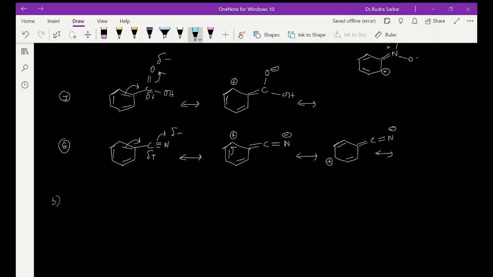What is part B? When a pi bond is conjugated to a positively charged atom, okay? When a pi bond is conjugated to a positively charged atom,